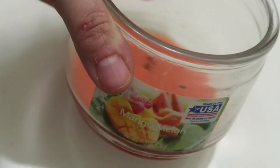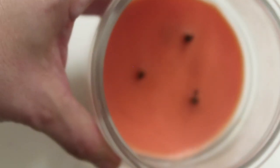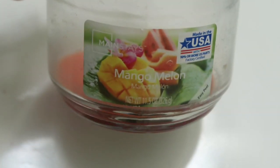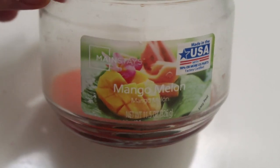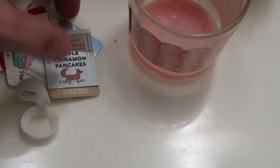I mean, these don't have notes on them, but of course it's Mango Melon, so it's supposed to smell like watermelon and mango. And it burned down pretty far. I mean, there isn't really much left in the glass. It burned pretty clean. I hadn't really burned Walmart candles in a long time because I'm always rocking the Bath & Body Works, but I was pretty impressed with this and may have to go back to buying some of the Walmart candles, because I always liked them until I got heavily into the Bath & Body Works, but this really surprised me. So I have a couple of little Dollar Tree kind of candles to review with you guys,